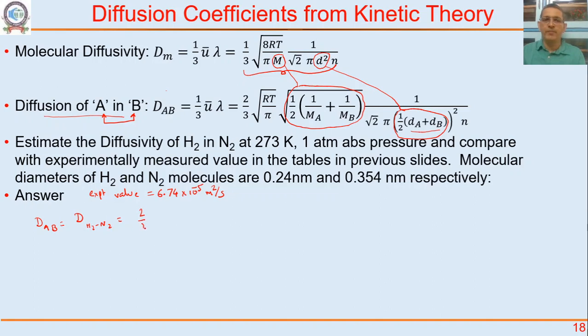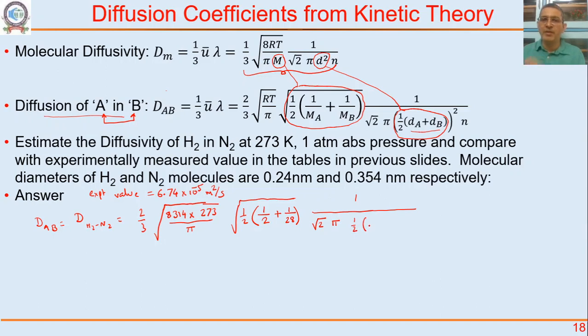So it is 2 by 3 square root of RT by pi, with R as 8314 and T as 273, divided by pi, square root of 1 by the molecular weight of A, the molecular weight of hydrogen, 2, plus 1 by the molecular weight of nitrogen, 28, okay, and 1 divided by root 2 pi,